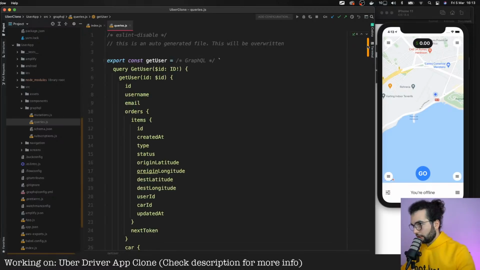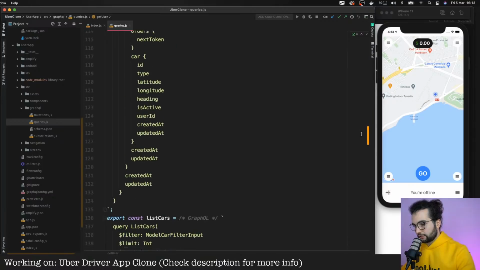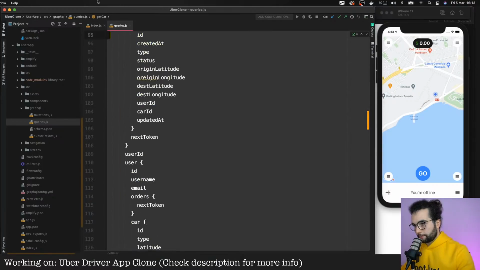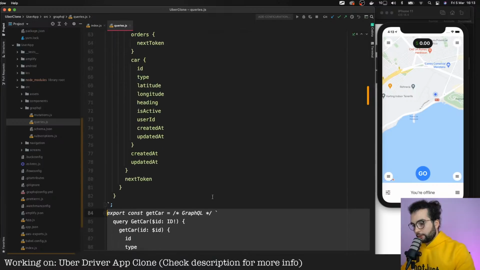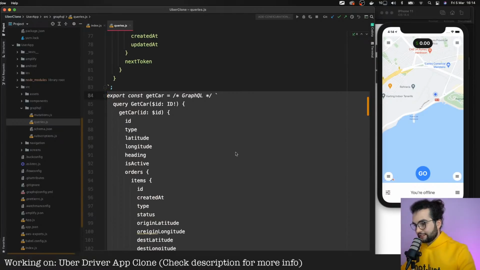Okay, get user or get car. Which one? Get car. Let's get the car. We will need to run this query to get the details of the car from the backend. And instead of working with a local state variable, we will fetch the data from the backend and use this isActive flag from the car to display if you're offline or not.